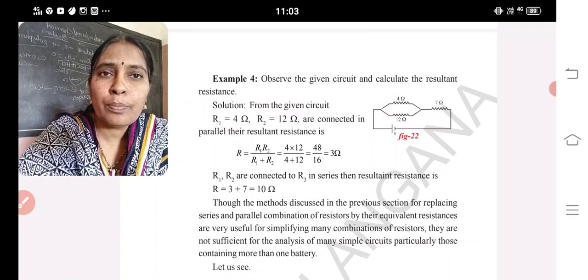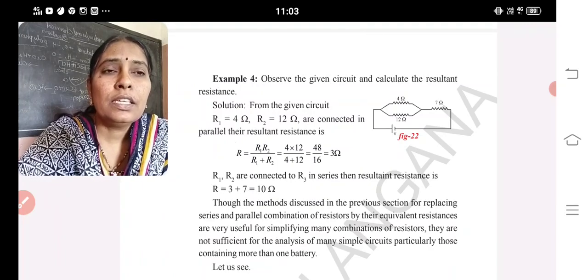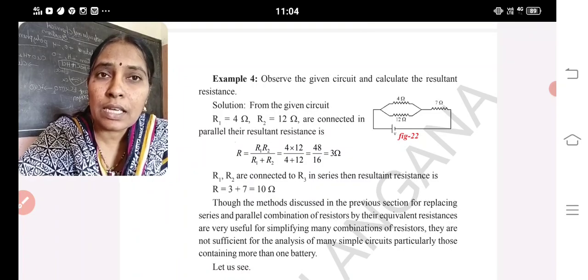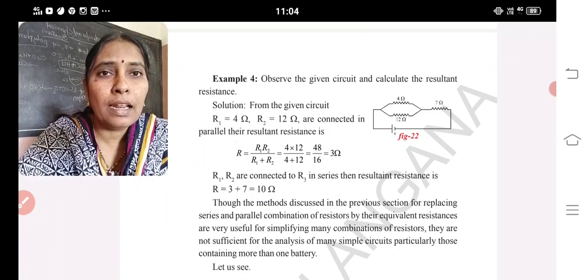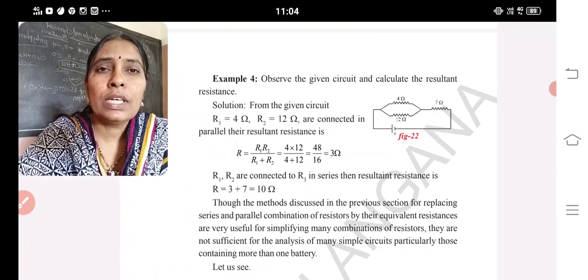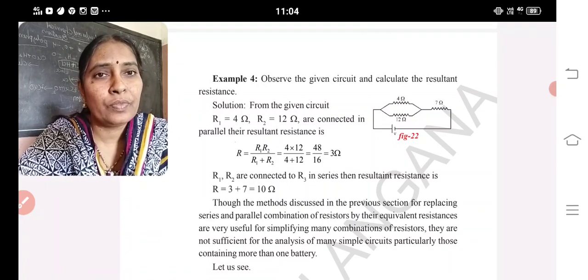It is not mentioned whether it is a parallel connection or series connection. By seeing the figure, the circuit diagram, you can understand. See, all the common points are connected to one common point and the negative terminals are connected to another common point. Such type of arrangement is said to be a parallel connection. Here, in figure 22, you can see the parallel connection of the two resistors, and using the data, you need to solve the problem. Okay?